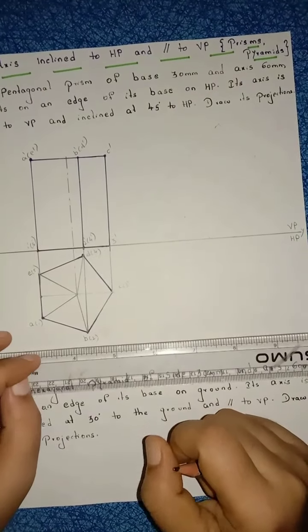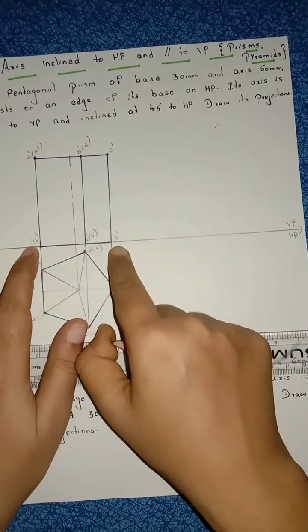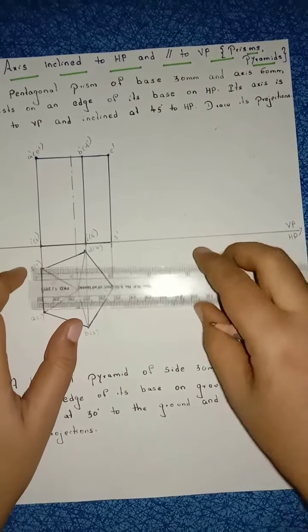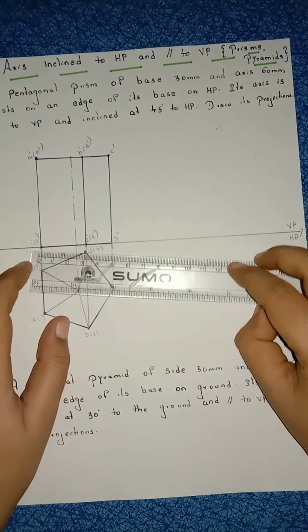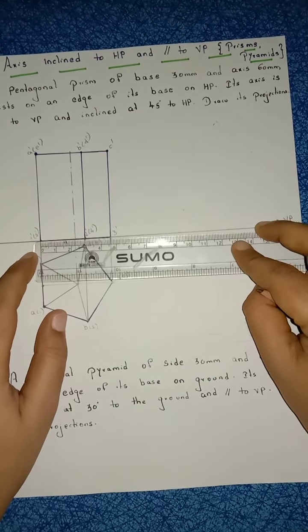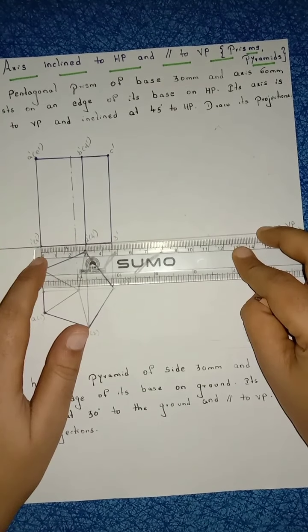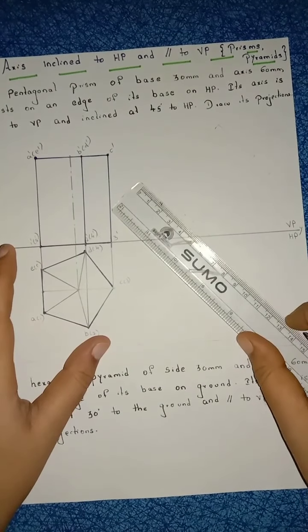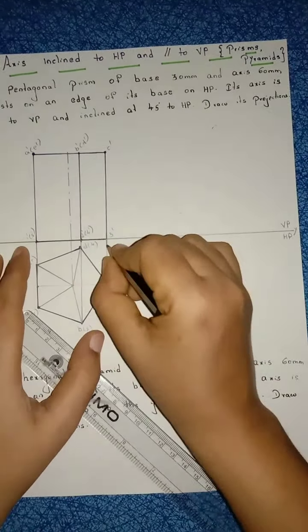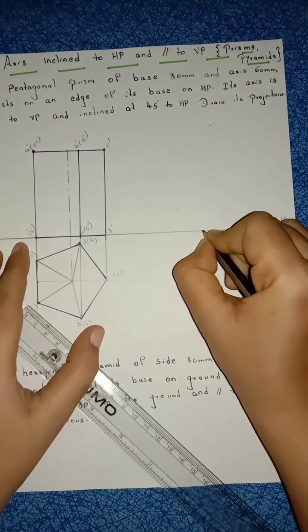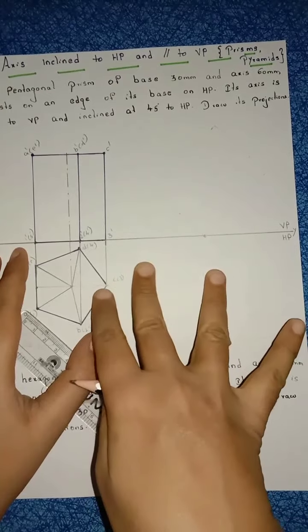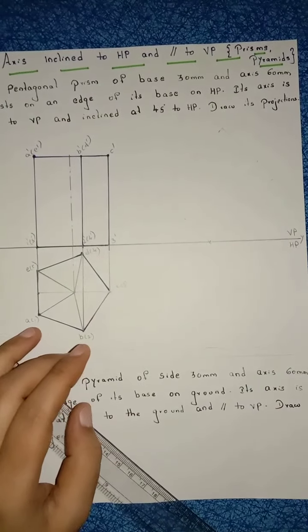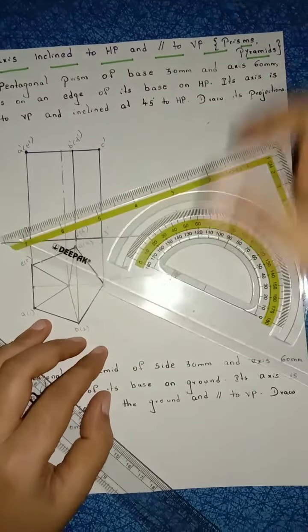Or what I am doing, I am measuring the distance from 1 dash to 3 dash, right? Now here I got 45, right? Now I am drawing this 45 mm line with an angle of 45 degrees. Let us see how to construct. See, leave some gap. Mark a point on the reference line. Your wish, leave any length here, right? Mark a point. Now through this point I am keeping my protractor here.